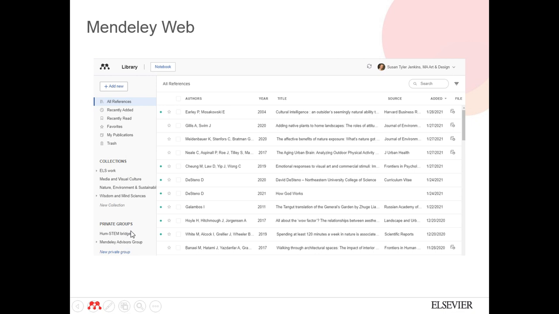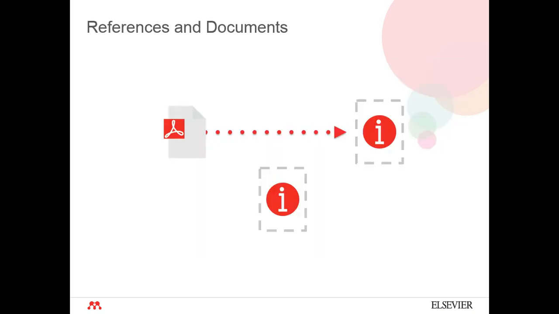So as we do on Facebook, Twitter or any other social media platforms, where we have groups, similarly on Mendeley you can start using the Mendeley Advisors group or any research-related group you find on Mendeley. You can definitely join and become a member of that particular group. So this is how Mendeley Desktop and Mendeley Web work, and you can start putting all your publications in a well-organized way. This is how Mendeley Web looks, and then you can have a lot of documents,